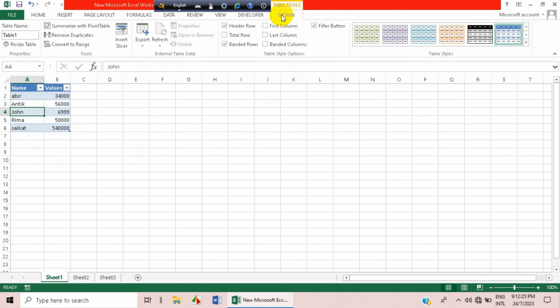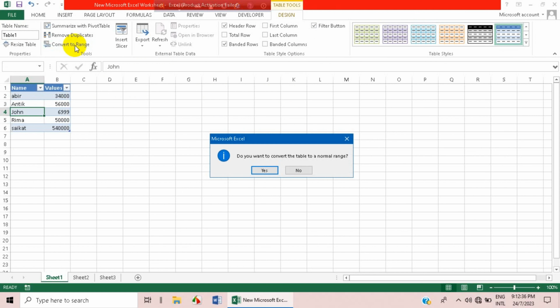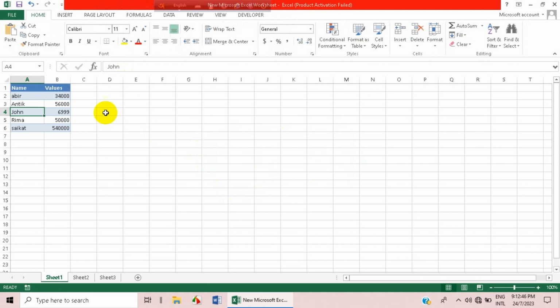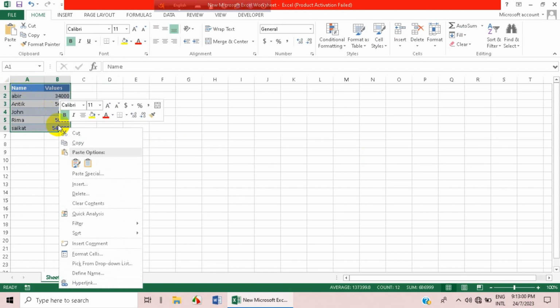So just click on it, and here in the toolbar you can see there is an option of Convert to Range. Just simply click on it, and it wants to confirm if you want to convert the table to a normal range or not. Just simply click on Yes, and here you can see the table is converted to a normal range. And I know that the table color is still here, so just simply select it and just click on the